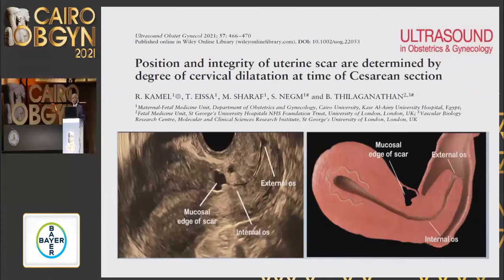If you do it electively, the uterus is not formed as an intrapartum uterus yet, so your scar will be higher. So a scar in a cesarean section that has been done electively will be higher, but also the risk of the scar having abnormal features like niches seems also to be higher. And this observation is really